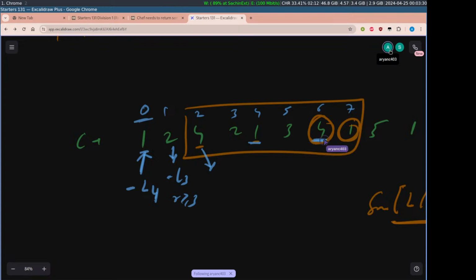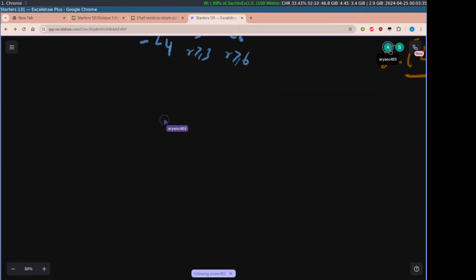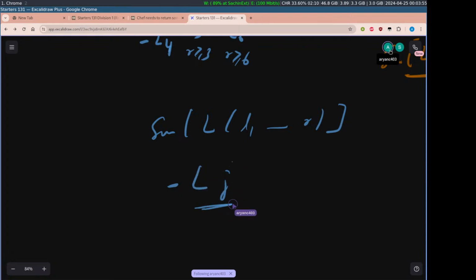Like for example, for this 4, I would say subtract this L6 here whenever R is greater than 6 here and so on. So basically what I can say is I can write the sum of L to R here. I can take the sum of all the lengths here, and then I have some conditions over here. Subtract some Lj where it can be the case that, for example, I have some arrays, there is 2, then sub 2, then